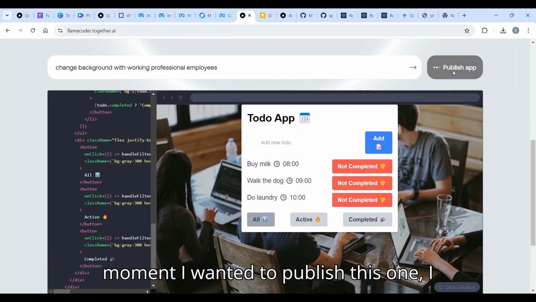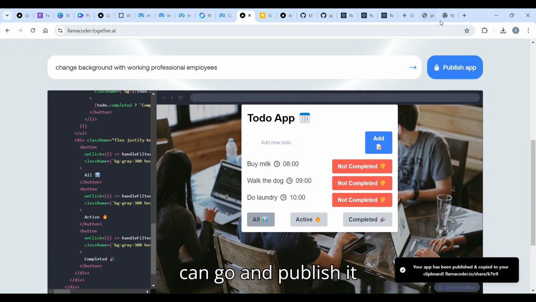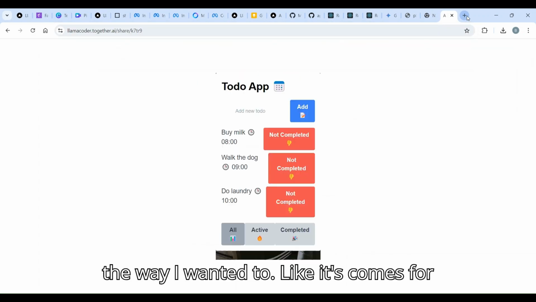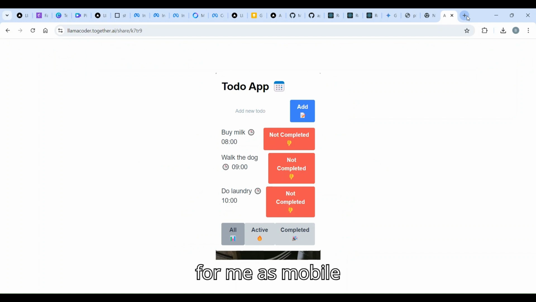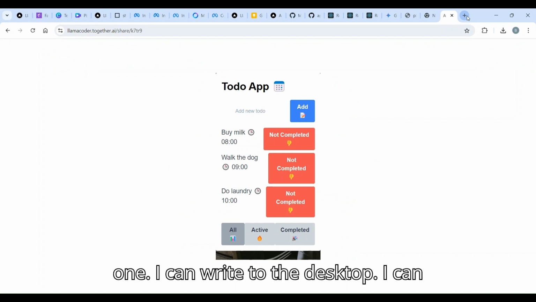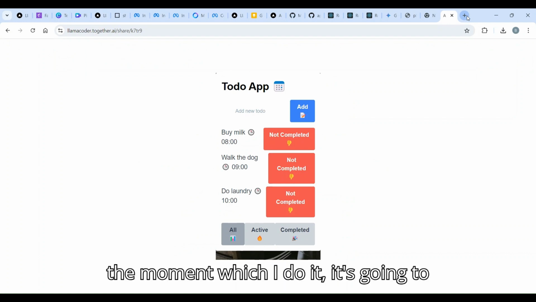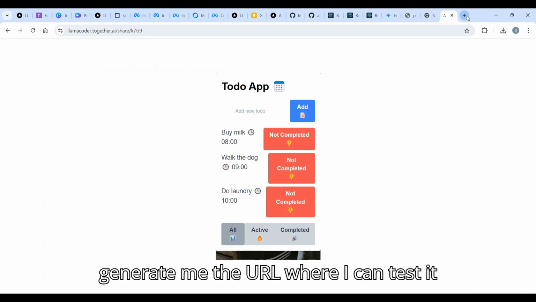The moment I wanted to publish this, I can go and publish it the way I want. It comes for me as a mobile version, I can write it for the desktop, and I can write it for my tablet to create my UIs. The moment I did it, it generates a URL where I can test it,